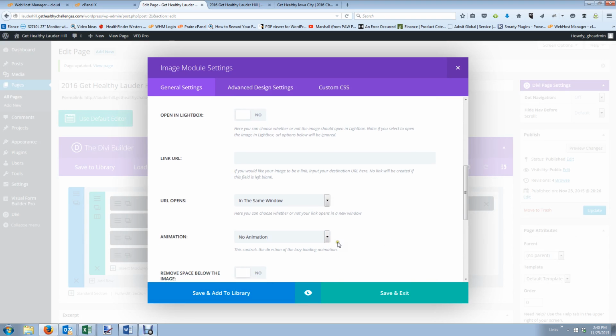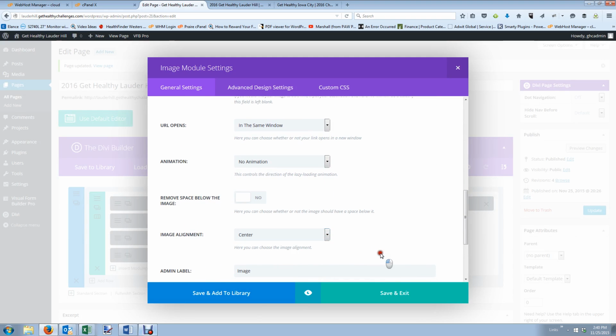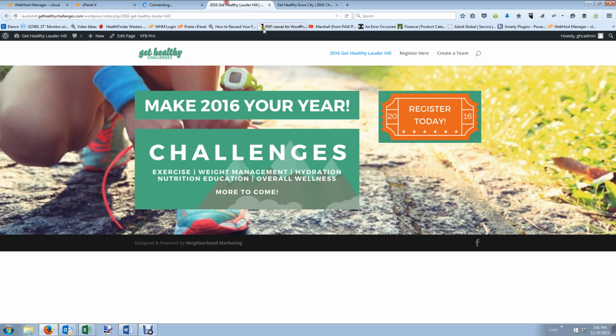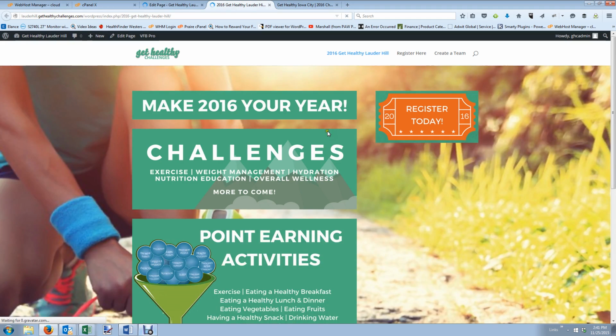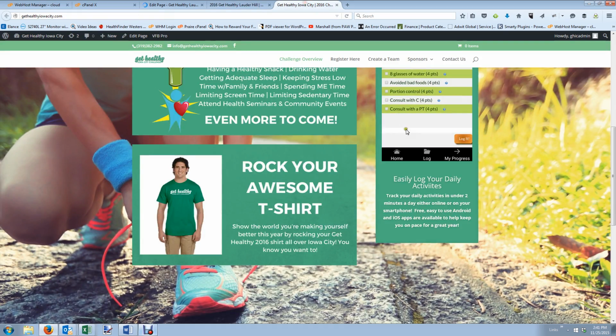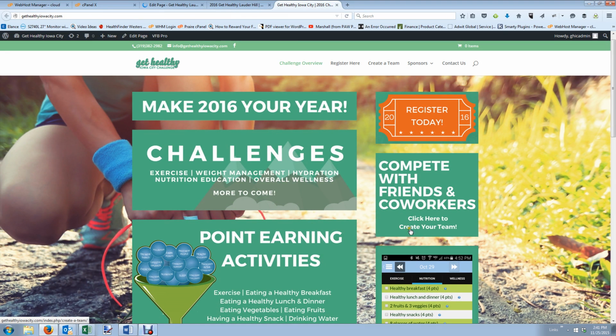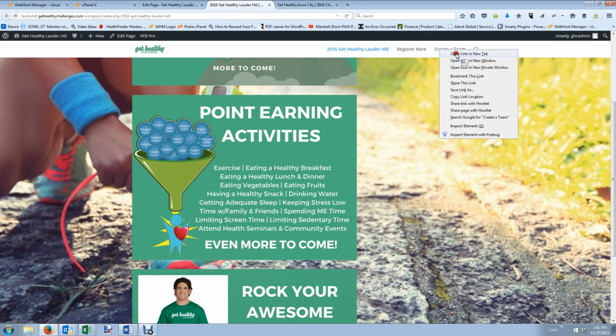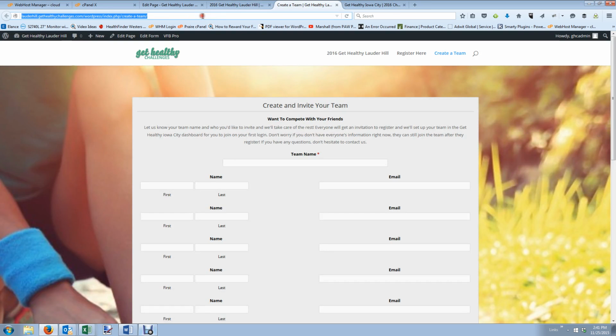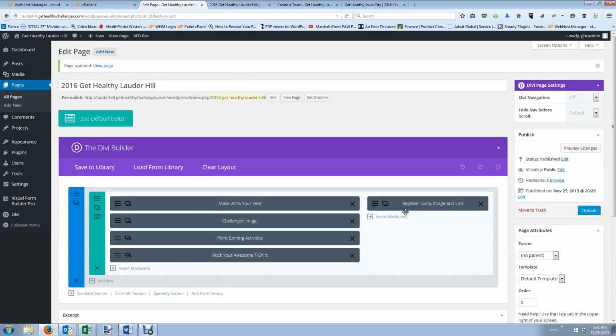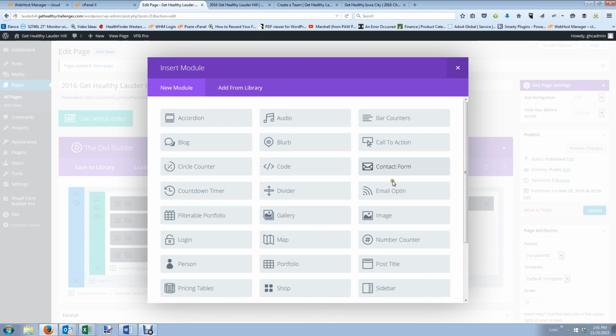Animation none, image center, just again, let's make sure that we're stacking up correctly. Okay, look, it's really starting to look like us again. Next is compete with friends, and so click here to create your team. So what we need to do before we do that one is we're going to get the link to the team page. So the create a team page, we're going to copy that. We're going to come over here, insert module, image,